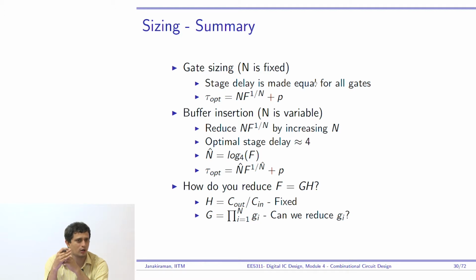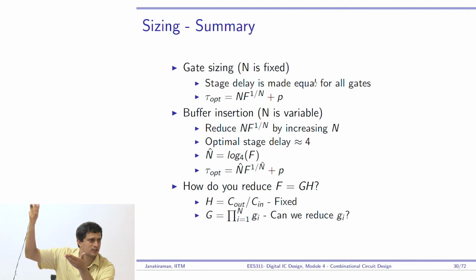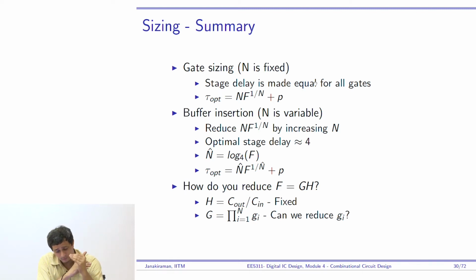We said making it 4 is not a bad idea, because ultimately in your standard cell library you will have gates which are of 2x, 4x, 8x, 16x and so on. So that's why even this fan out of 4 delay is a very magical number for digital circuits. Okay, and so the optimal number of gates after buffering should be log to base 4 of the path effort F, right? And this we basically solved, and then you can find the optimal delay as n f^(1/n) hat plus p plus n minus n1 into the delay of the inverter.